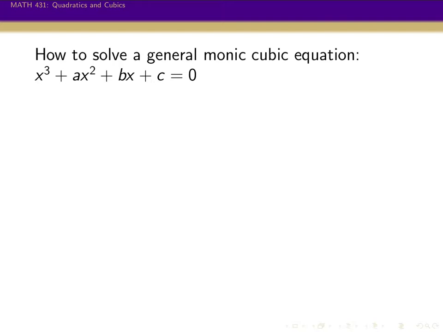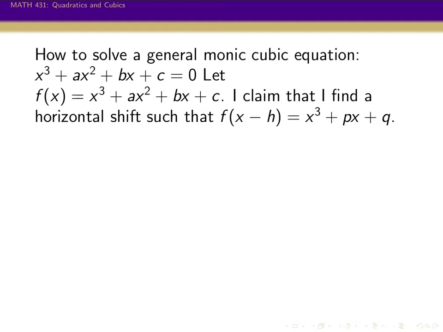Okay, so that was all for solving the special cubic x cubed plus px plus q equal to 0. How do we solve now a general monic cubic equation? So x cubed plus ax squared plus bx plus c. Well,